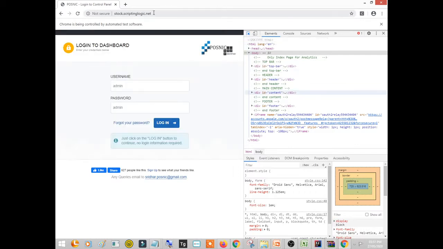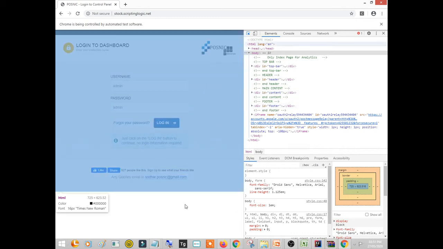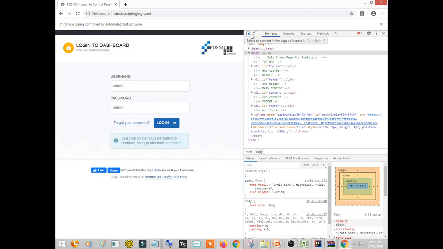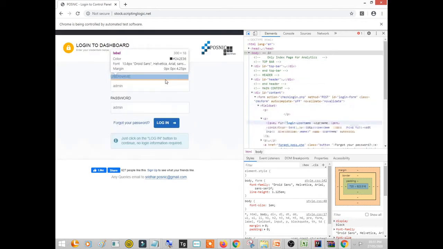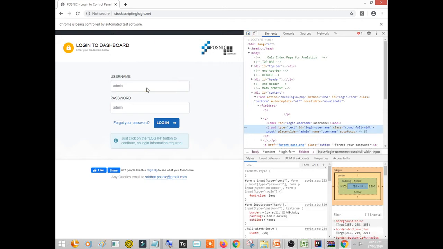Make sure that for viewing this source code, you have Chrome with you, right? In other browsers also you can do it, but Chrome is quite a better option to find the web elements. So I have selected this. Just slightly hover this onto the web element that you need to find. So I've clicked here, and here you can observe that its source code is highlighted, and there is an ID here. So you can find that web element either by ID or by name, right? There are other locators as well, but for the time being we will understand how to find the web element with the help of ID.